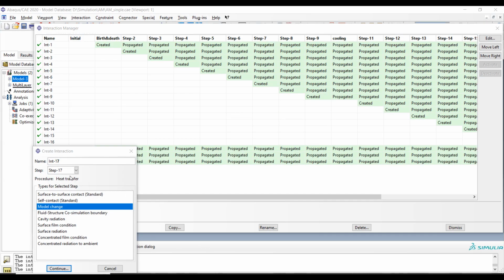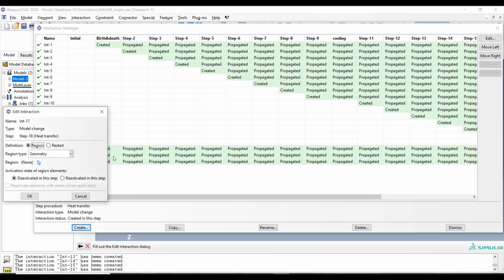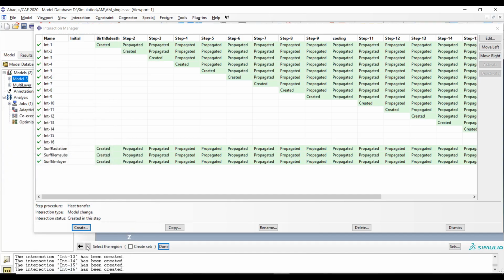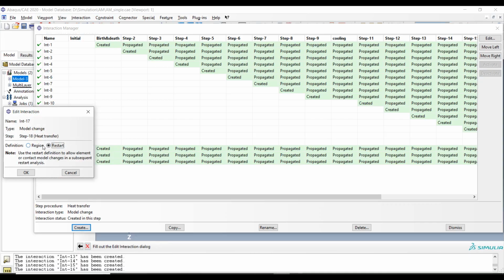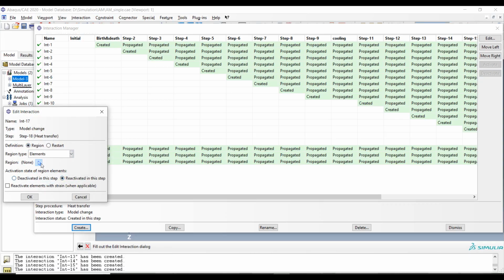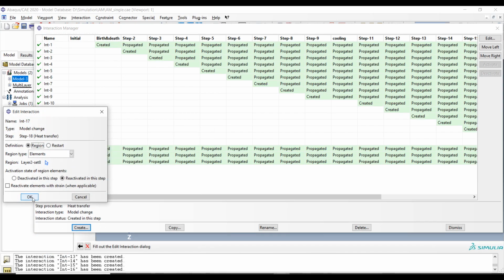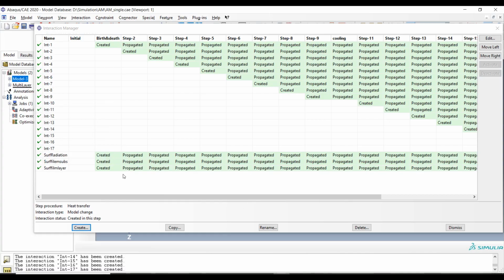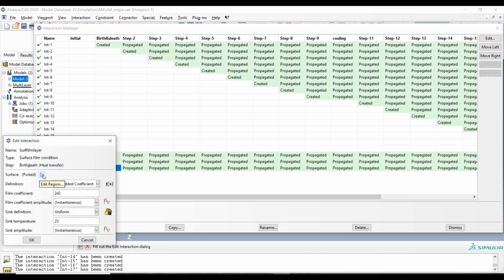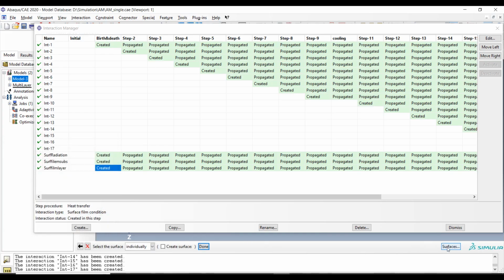Okay, for this last section of the second layer, step 18, model change, deactivated. Sorry, we should put on no element and select the last section. Okay, for layer we need to change it to